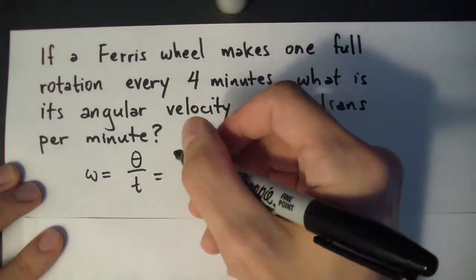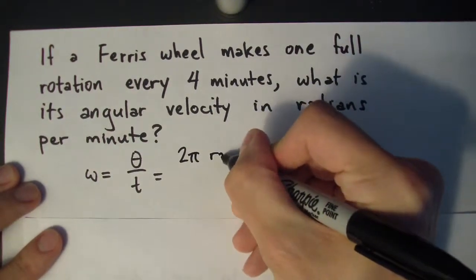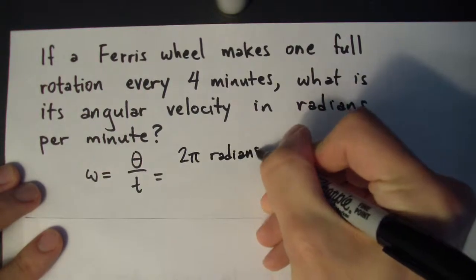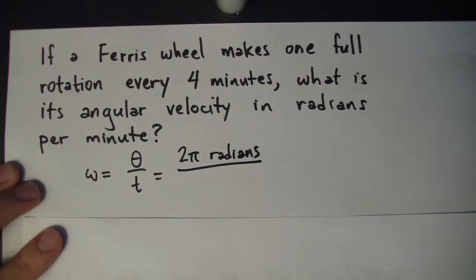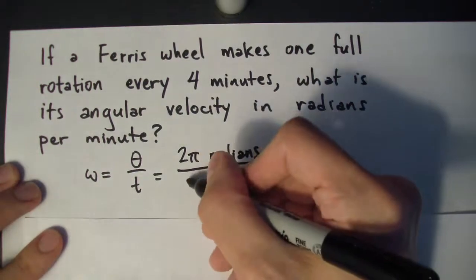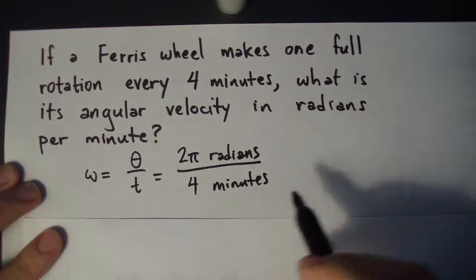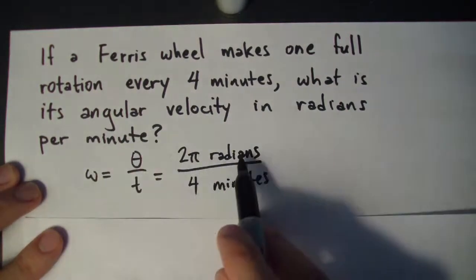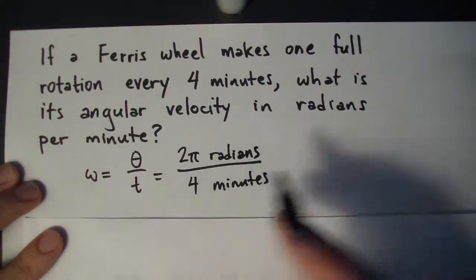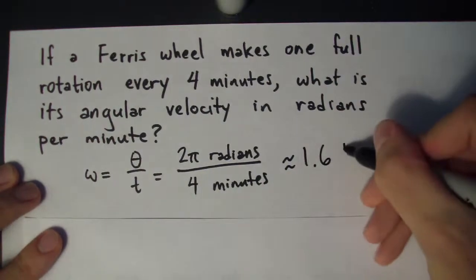So one full rotation is 2 pi radians. And the amount of time it took was 4 minutes, so we have 4 minutes in the denominator. You'll notice that this has the right units: radians per minute, radians over minute. So once we cancel this, we get approximately 1.6